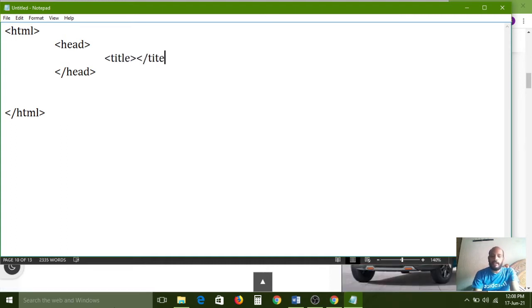If you want to give any title for the web page, here in between the title tag we must give that name. Now this is text-overflow. Text-overflow example is my program name.